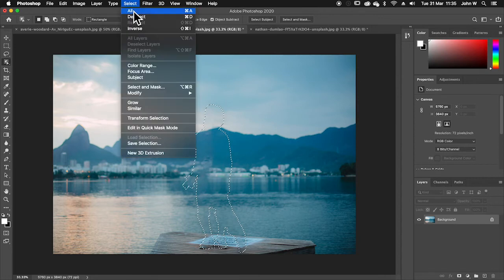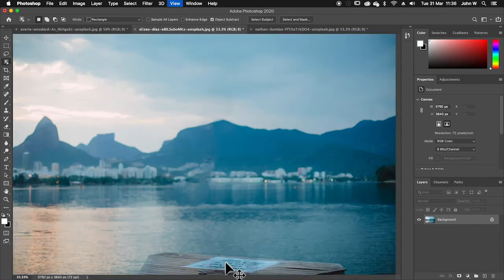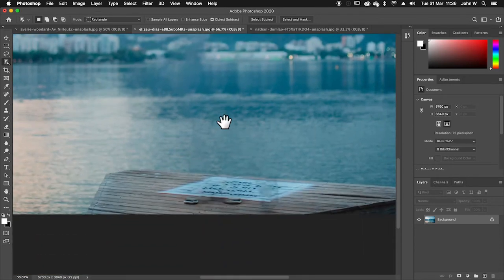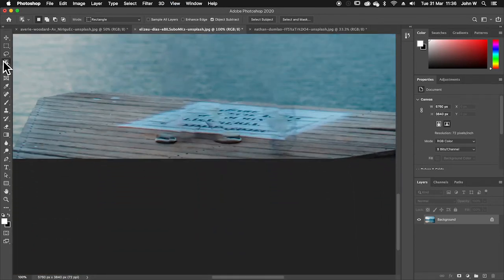If I go select, deselect, I've got the results there. And again, there's often going to be a bit of tweaking, so I just see his toes in here. So I'm just going to Command plus to zoom in, hold space bar to navigate down. And if I go back over to my spot heal brush, I'll just remove these traces of trainer and the shadows and a couple of quick goes, and that's going to be,